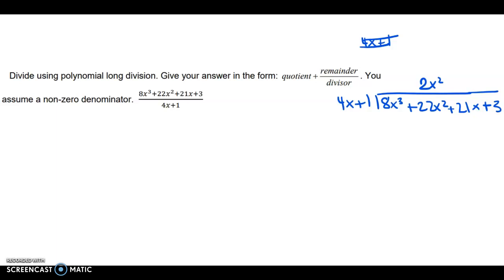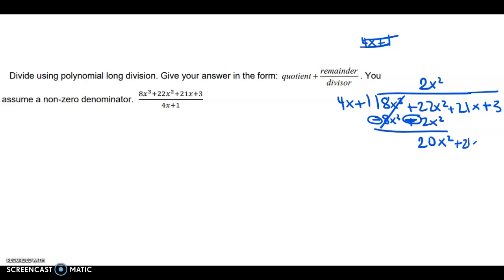So 4x times 2x squared, I will get 8x cubed. Plus 1 times 2x squared is plus 2x squared. So I just multiplied that 2x squared by the whole 4x plus 1. Now once I do this, I need to subtract both terms. So after I've changed that sign, I circle it to know the sign has been changed. So those cancel out. 22x squared minus 2x squared, I will get 20x squared, and then I'll bring down a